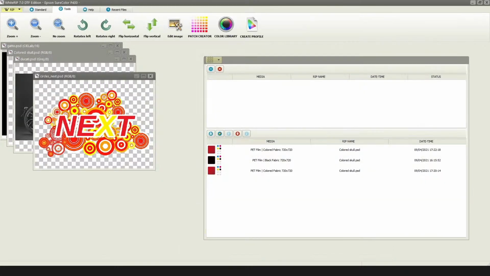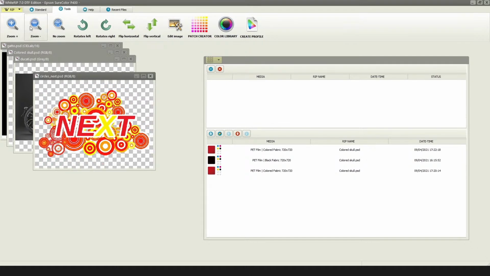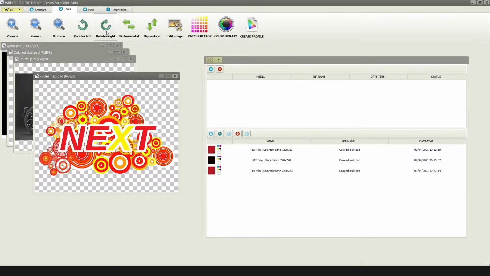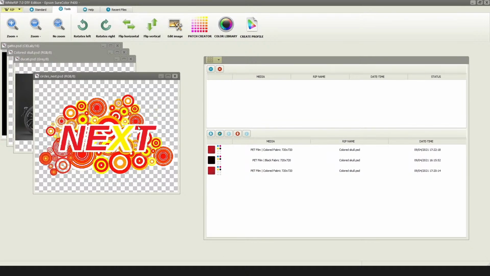Going on with the tools tab here, we have the zoom to zoom the image. Just a visual effect, it will not affect the image size. We have the rotation, the flip. Again, it's the same as what there is on the template, but this you can do one time, and if you